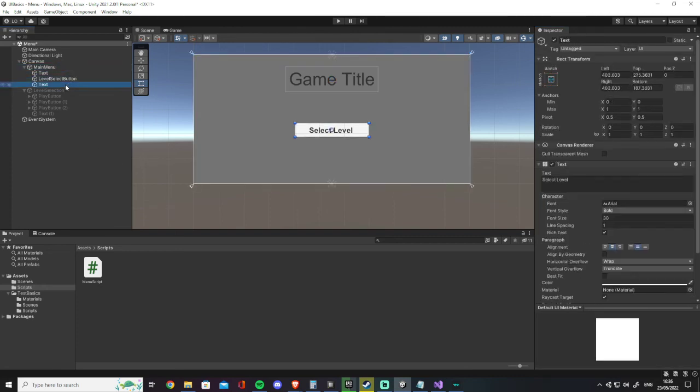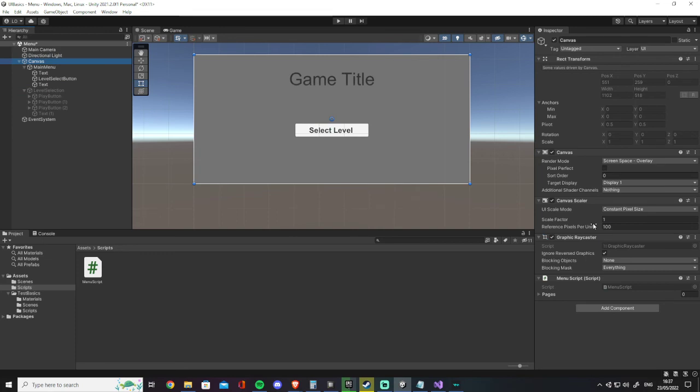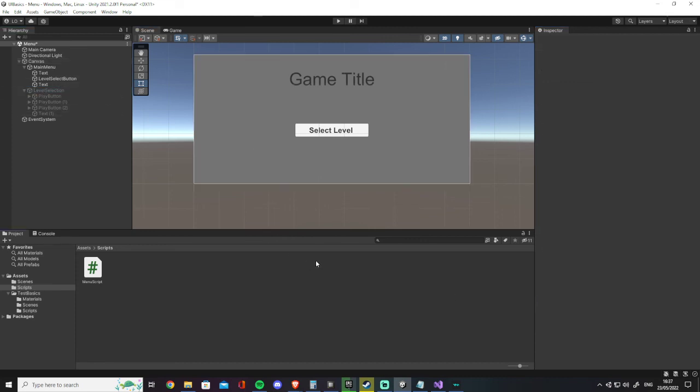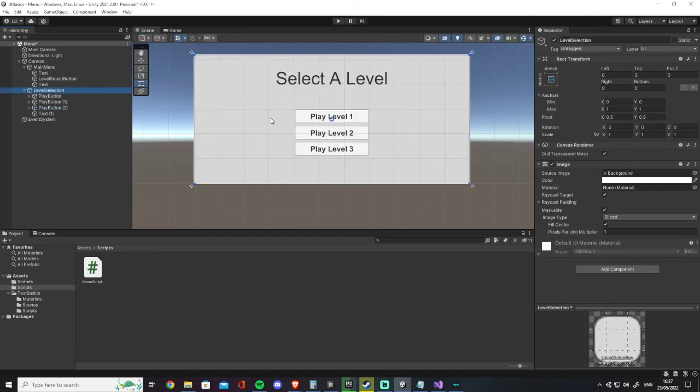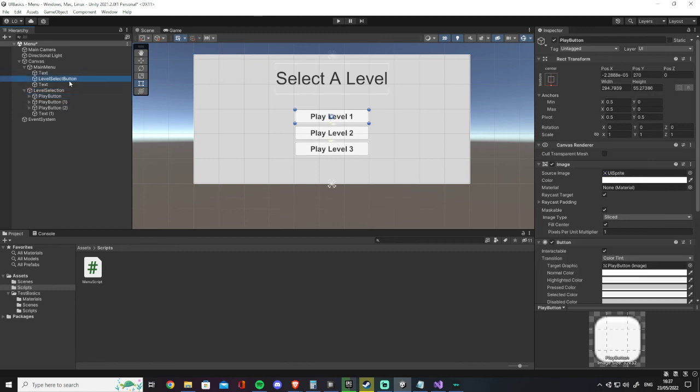And what we're going to do now is we're going to go to the canvas. We have our pages array, list. I'm going to drag in this page, main menu, and then level selection. And we're going to want to actually add one more thing to level selection. So first of all, we need to just have a new button. In fact, it's just going to be very much similar to this one. So I'll drag it down here, and I'll put it down at the bottom, and I'll call this return